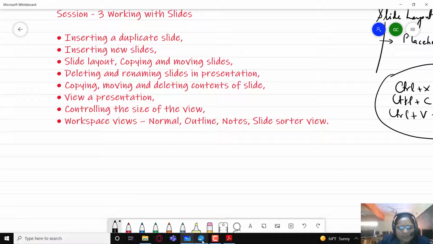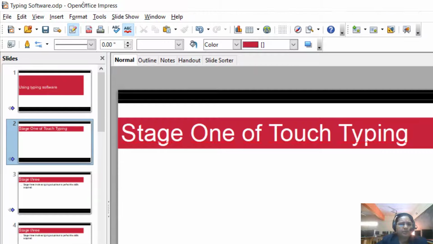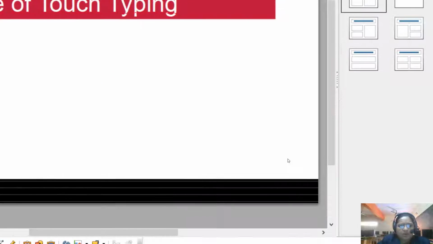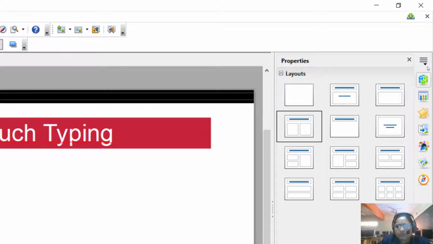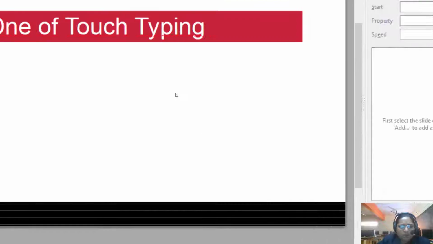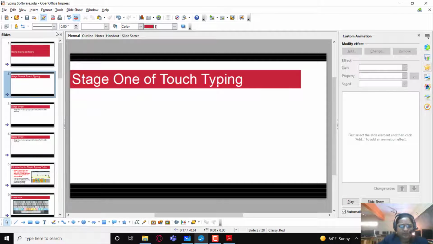View a presentation. Viewing a presentation is very easy using slideshow. One way is we go to the Slide Show menu over here and click on Slide Show, or you can go to this Custom Animation panel, click on it, and from here select Slide Show, or you can press the F5 key on the keyboard.